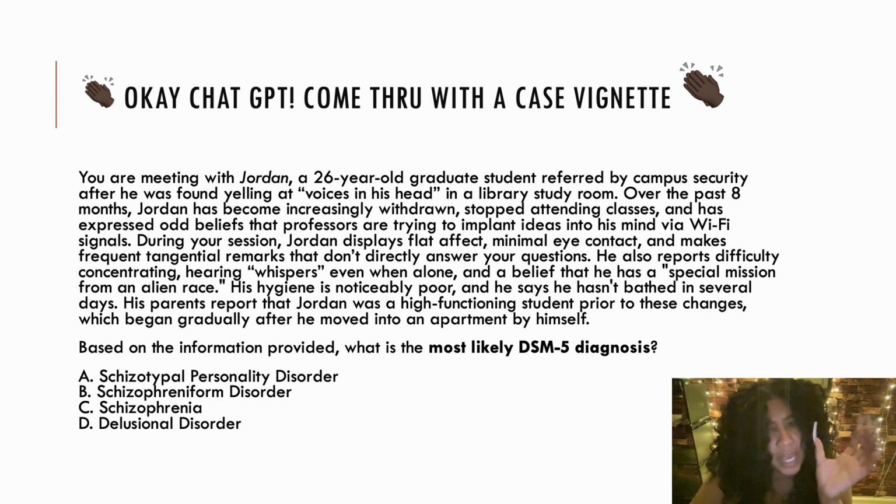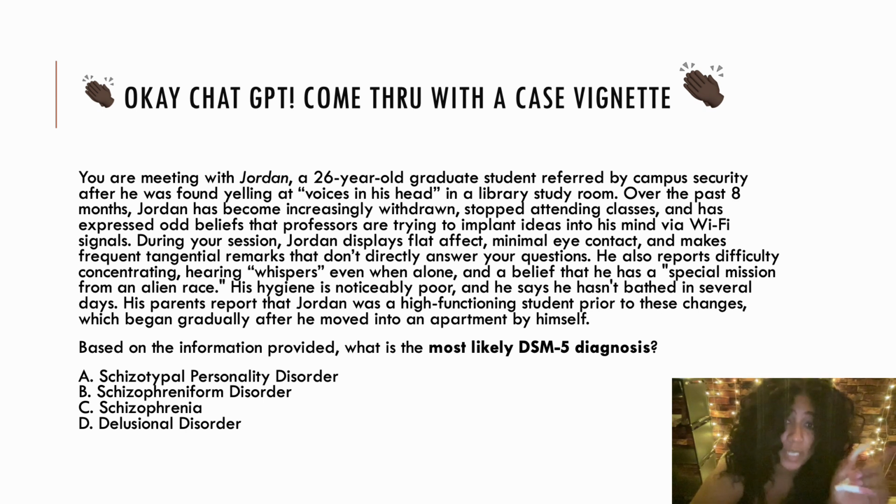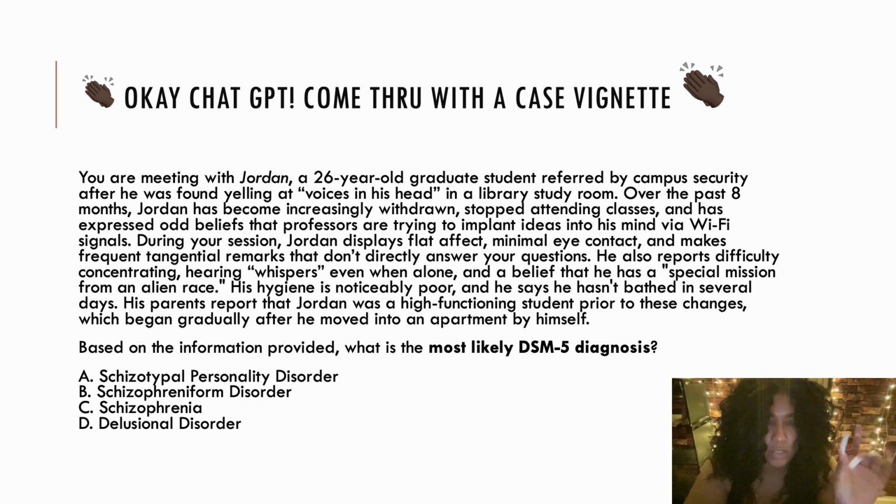And there's sometimes an age range from when you can say that a person can be diagnosed with schizophrenia. So sometimes it's the age that you can also pay attention to. So it says, based on the information provided, which one of these diagnoses is most strongly presented in the vignette? So take a few minutes, look back over it again. He's 26 years old, 8 months this stuff has been going on, and we've got a lot of symptoms